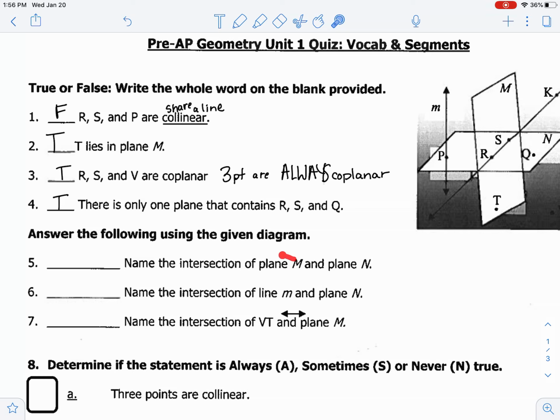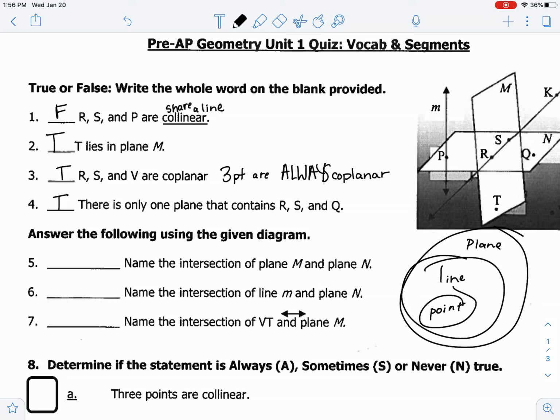Name the intersection of plane M and plane N. Well, our nesting dolls here, point, line, plane, help us remember that two planes intersect to form a line. So if we are going to name that line correctly, our notes told us that we can name a line with 2 points like A, B, and a line symbol, or we can name it with a lowercase letter. We'd have to type it out, line,